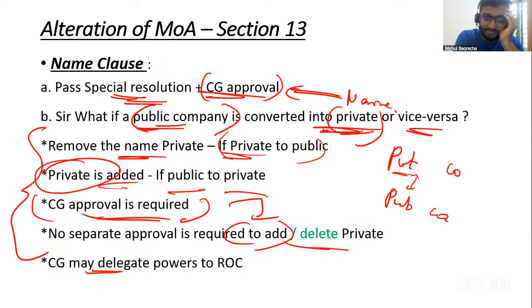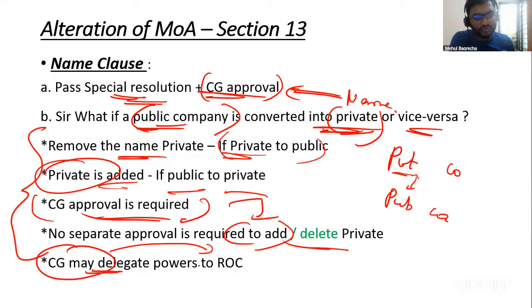Pavna wants to convert her company. She'll go to the Prime Minister, the Central government, right? Losses control. In this situation, they have better things to do. So they have given the power to the registrar of companies. Clear? So your daddy is going to allow you to change your name or not.